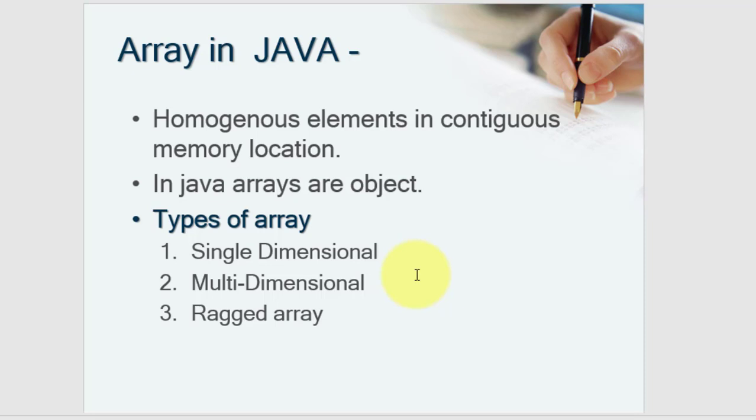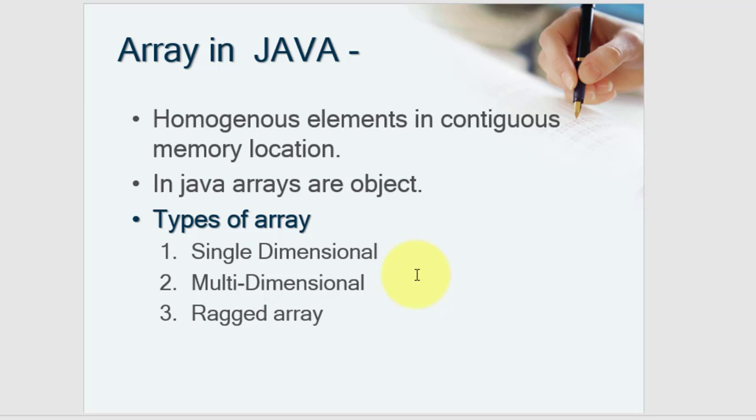There you group the elements of the same type. You can make an array of the primitive data type, and you can make an array of user defined data types. The difference between C, C++ and Java is that in C and C++, arrays are not an object type. In Java, when you define an array, it is an object type.